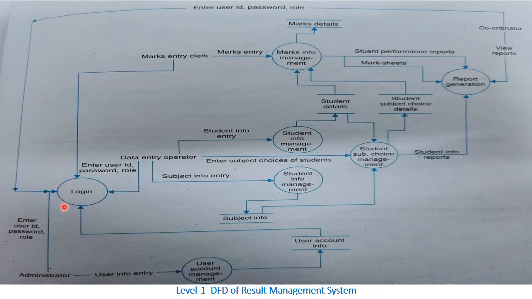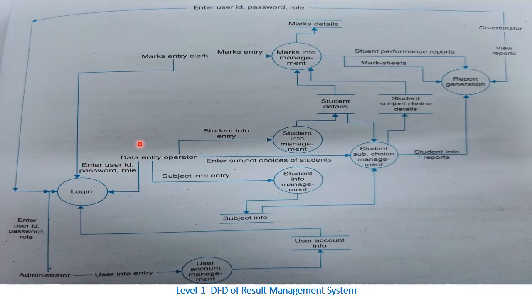After that we will have this login process, and through this process all the users who want to use the facilities of this software need to log in, and for that purpose they need to enter their user ID, password and the role of that particular user.